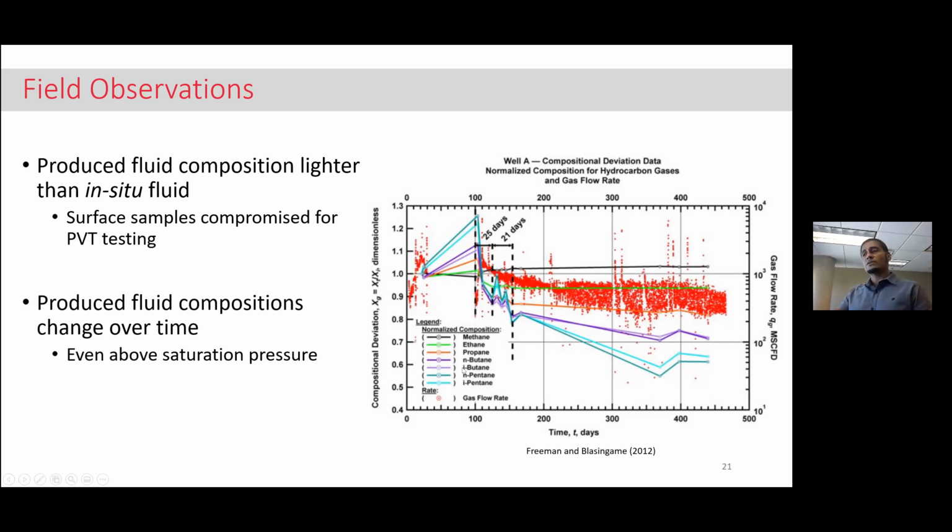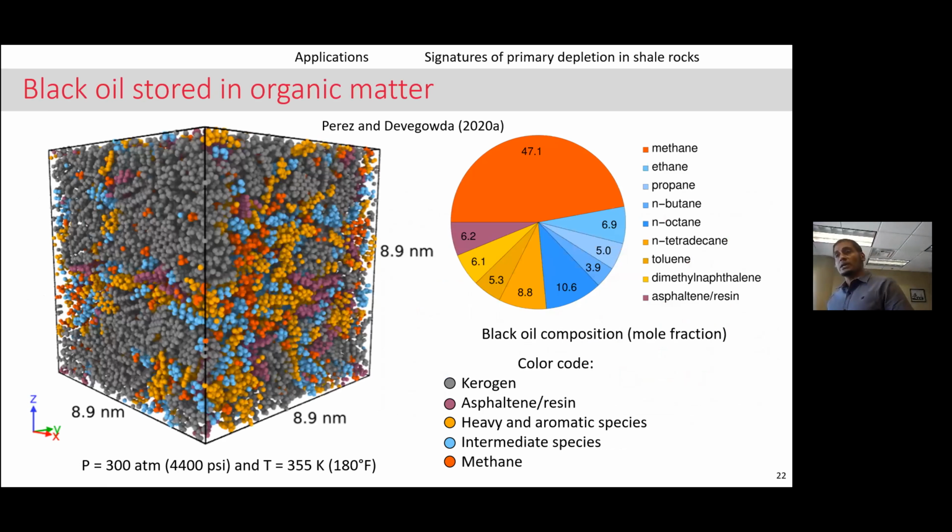And this was, of course, for a relatively light gas field, but we also see this with oil fields and things like that. So if you're producing above the fluid dew point, why would you see something like this? That should not occur at all. At least for conventional reservoirs, we don't see something like this. So that's what we set out to investigate.